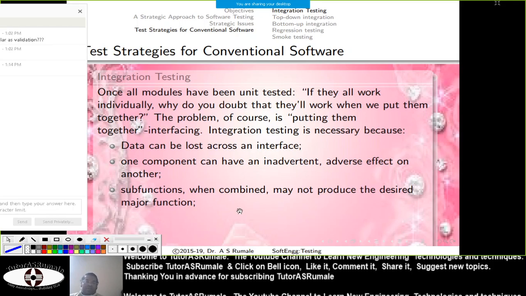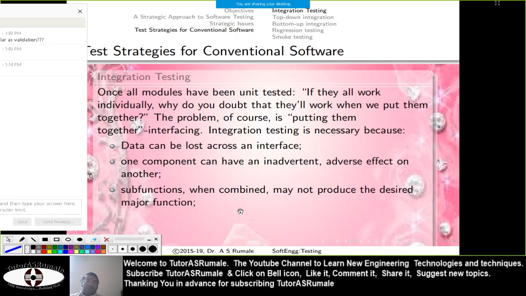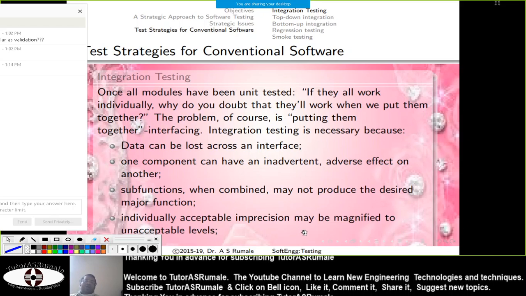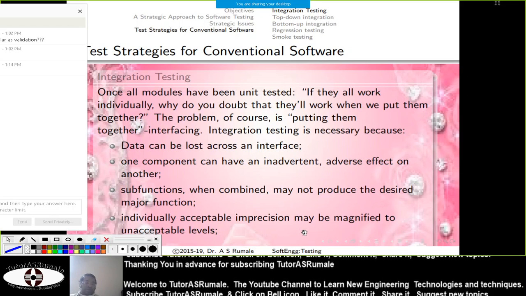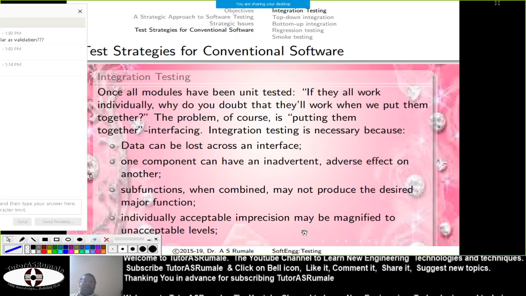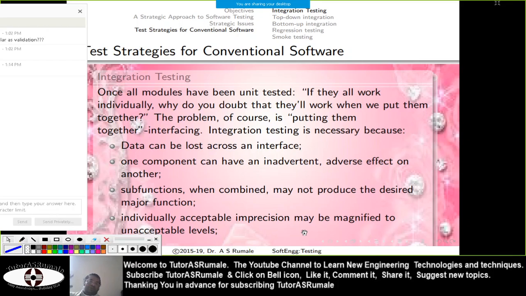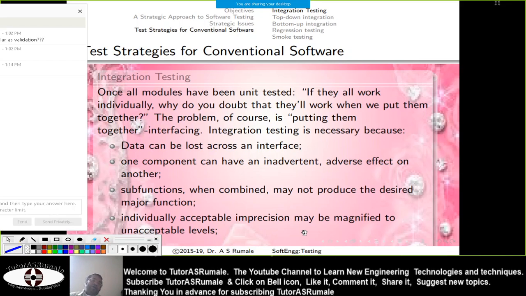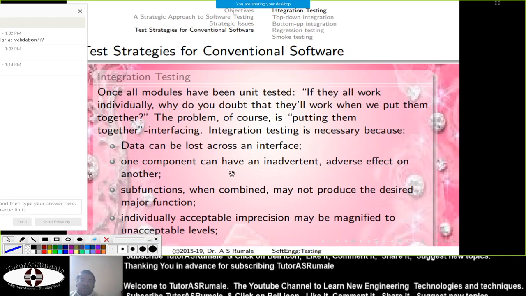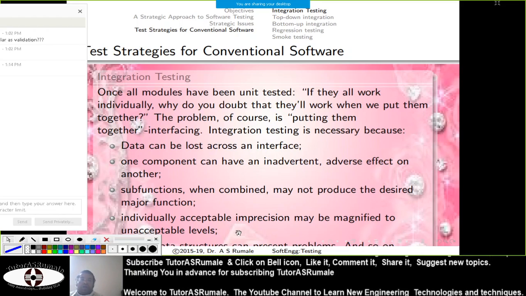Then sub functions combined may not produce the desired major function, so you have to check that. Individual acceptable imprecision may magnify beyond acceptable levels. It means if some function has an error on integration, those errors get multiplied and can cause problems to your program. So in integration testing you have to check these 4 points.